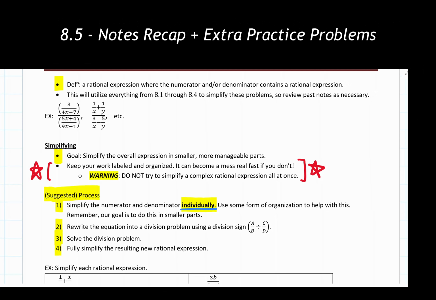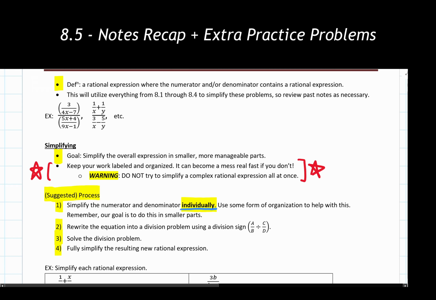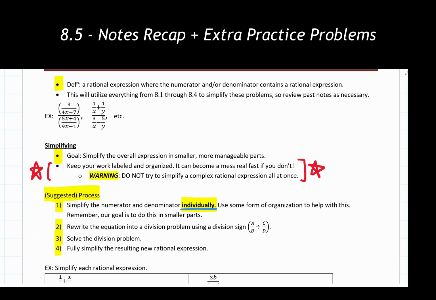So, bringing everything back together, a very quick recap of this. The process I recommend that we use, listed here, I would recommend having that written down for yourself. Again, overall with these problems, make sure you're sticking to this goal of trying to break these things down into smaller, more manageable parts, and then bringing those parts together to solve the overall problem. I tend to find that people who do that with these types of problems have a much easier time getting to the final answer.